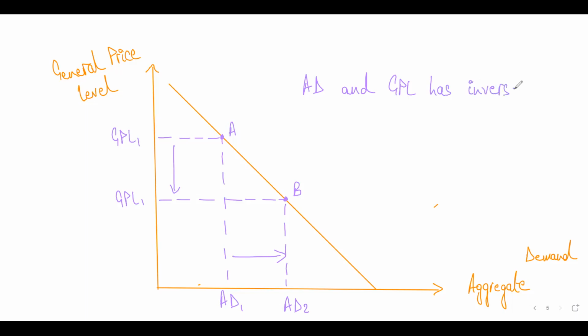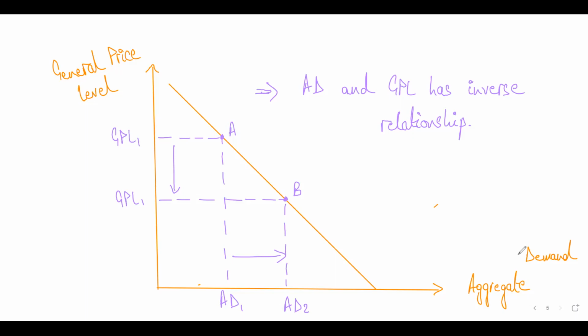Are you getting me? Just like the normal demand curve, except for the fact that in the normal demand curve, it is only demand for one product, one good, whereas in aggregate demand, it's the demand for all goods and services that are produced in this country. Like how much will be the demand for education, plus how much will be the demand for healthcare, plus how much will be the demand for food, clothes, laptops, and all that stuff.